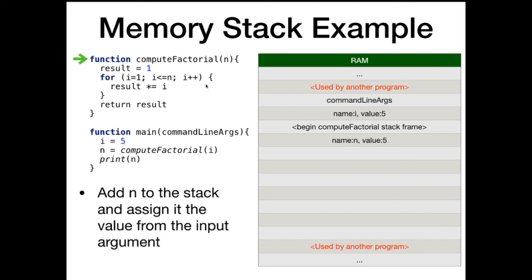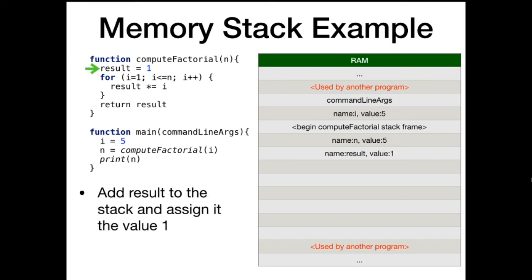Then the next thing that happens is we create space for our parameters. We have the parameter n being assigned the argument of I, which was 5. So we're going to put n on the stack with the value 5 inside of this new stack frame. So our parameters are going inside that new stack frame, and that's the only variable that we have access to at this point. We can't access anything except n. We can't access this value I. We can't access our command line arguments. We can't access anything else. This is basically like running a whole separate program every time we have a method call. Until we get to heap space, of course, but we'll talk about that.